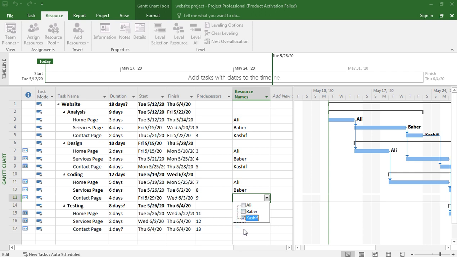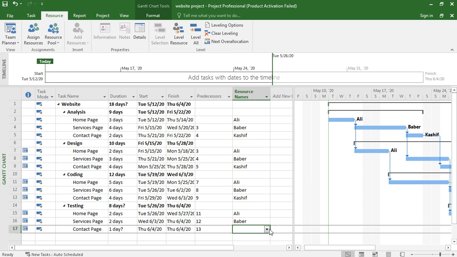So this is all hypothetical. You see Ali, Babar, Kashif, and all three are working, and these are resources.